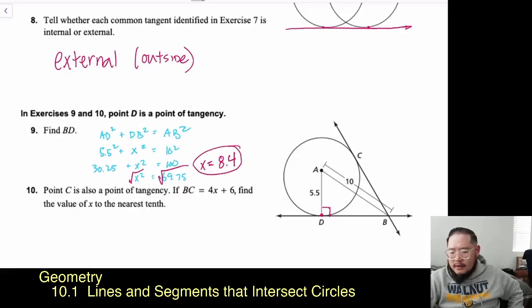Next up, we'll take a look at number 10. Point C is also a point of tangency right here. It says if B to C is equal to 4.6, find the value of x to the nearest tenth. All right, so we're going to put together what we just learned, or the answer that we just got. So remember,